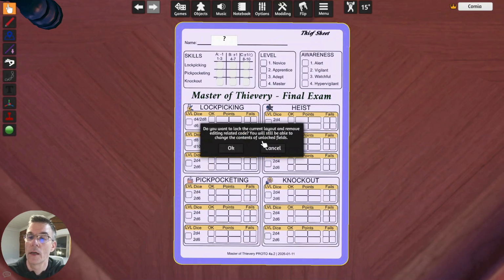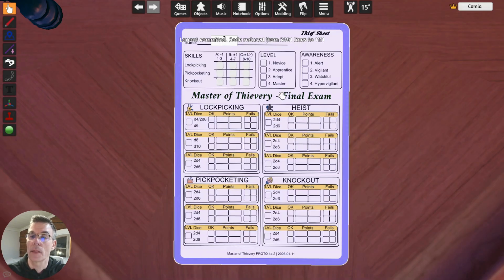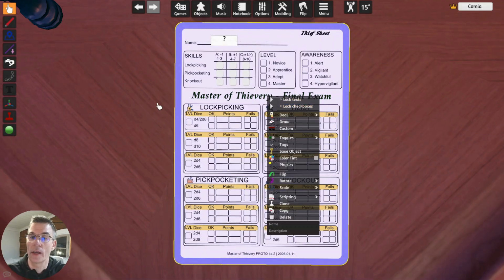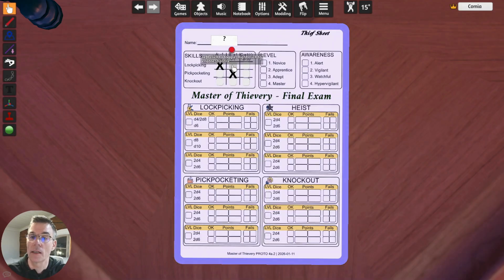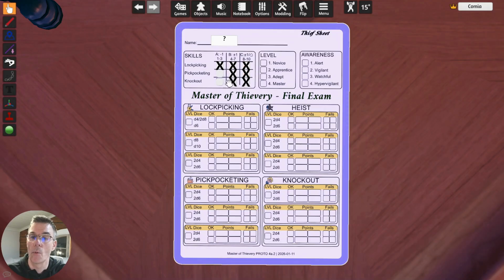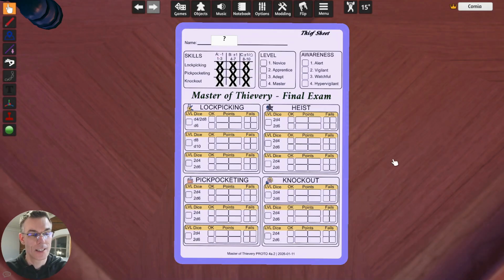So I lock the current layout, and after that, it's not possible to edit the fields anymore. Okay, so commit, there's no edit option anymore, but these fields are still working quite nicely.